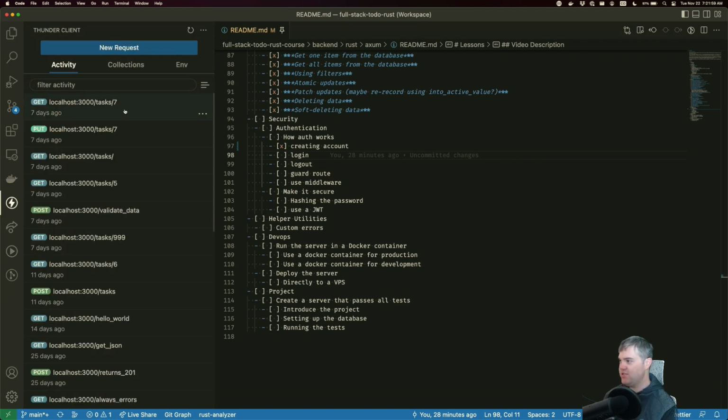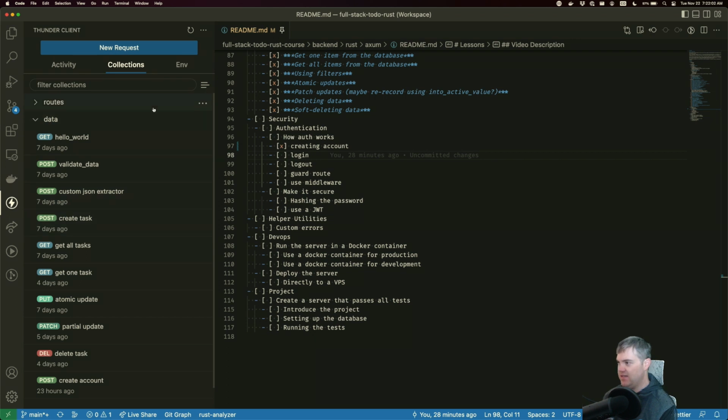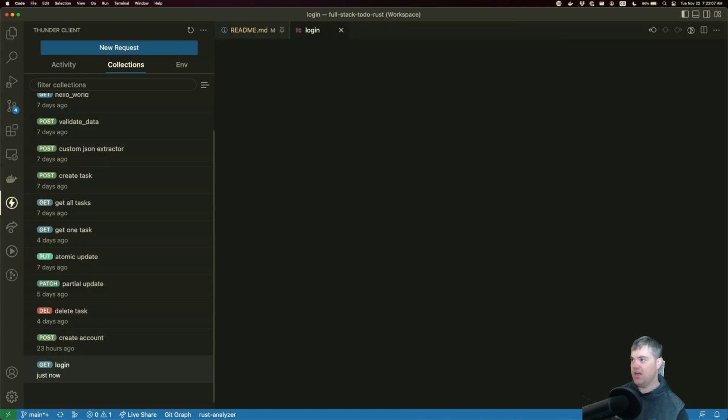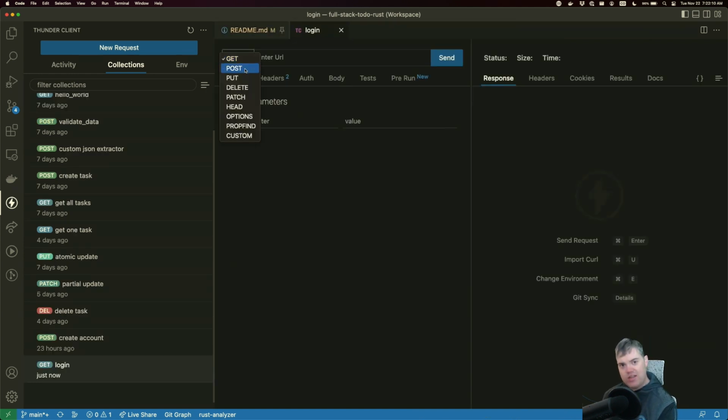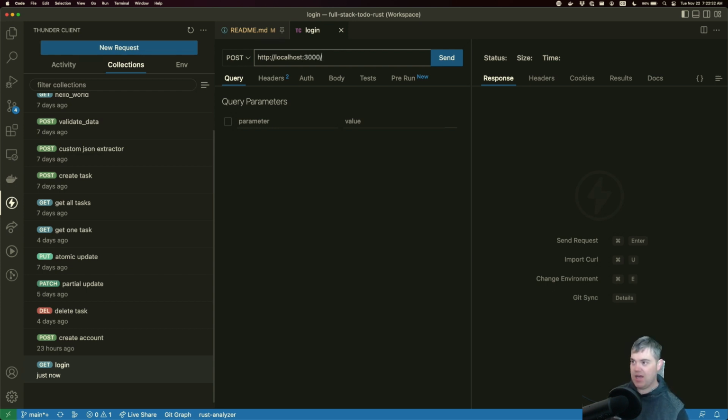We'll use Thunder Client first. So our collections, data, let's create a new request. And this is going to be login. So I'm going to do another post for this, even though we're not really creating anything in the database. Post just sort of makes sense compared to how I see everybody else implementing login, so it should be familiar to anybody else hitting your API. We're going to go to HTTP, localhost, port 3000, and I want to go to users and login. So we're not just going straight to users, but we're going to go to login here.